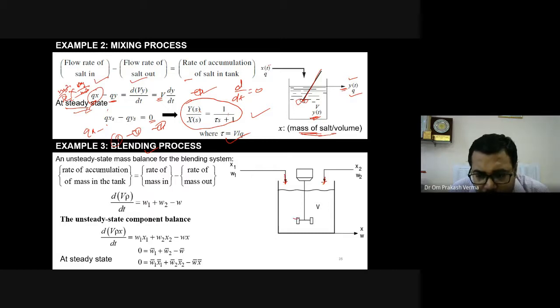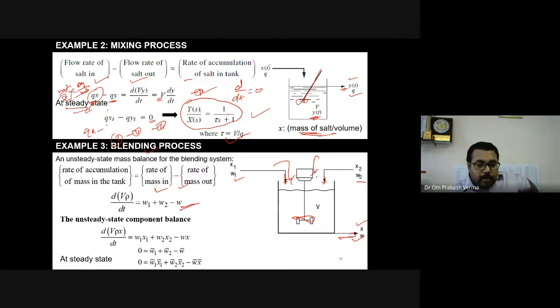inside the tank. With the help of the tank we are stirring, the volume is V, and whatever product is coming out has product concentration x, and the flow rate is w. The flow rate of the first inlet is w1, and the flow rate of the second one is w2. Okay, so now what we will write is the rate of accumulation is equal to in minus out. So a simple equation you can write, mass in is w, in kg per second or kg per hour, so this is w1 plus w2 minus w, simply we can write here.